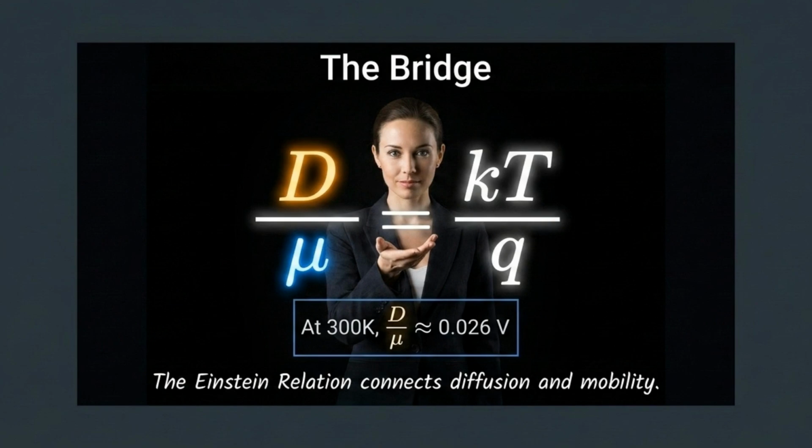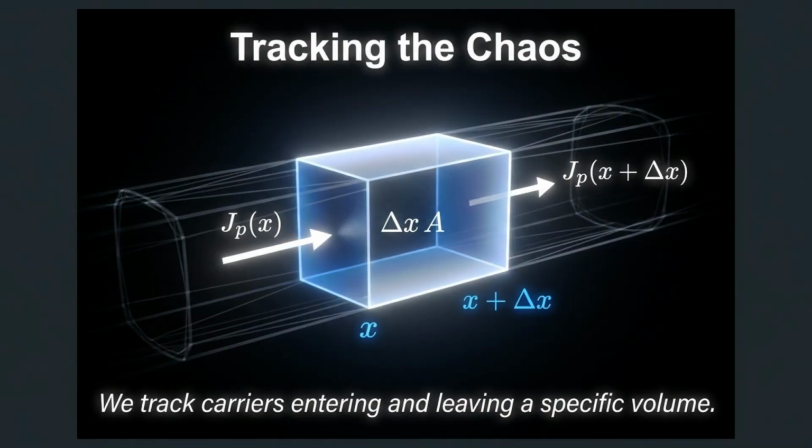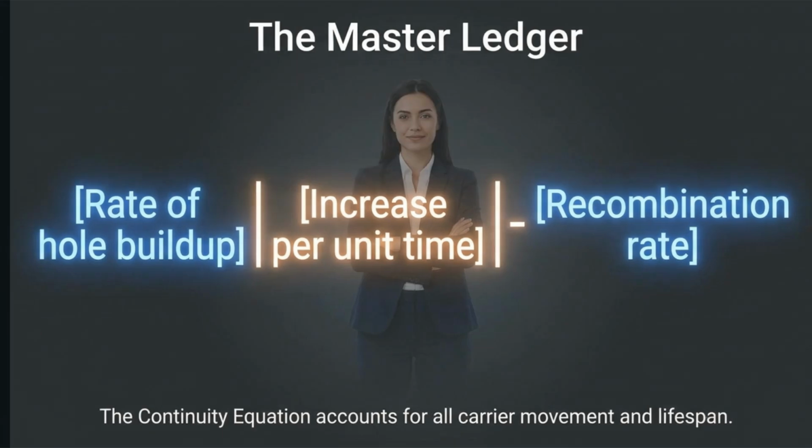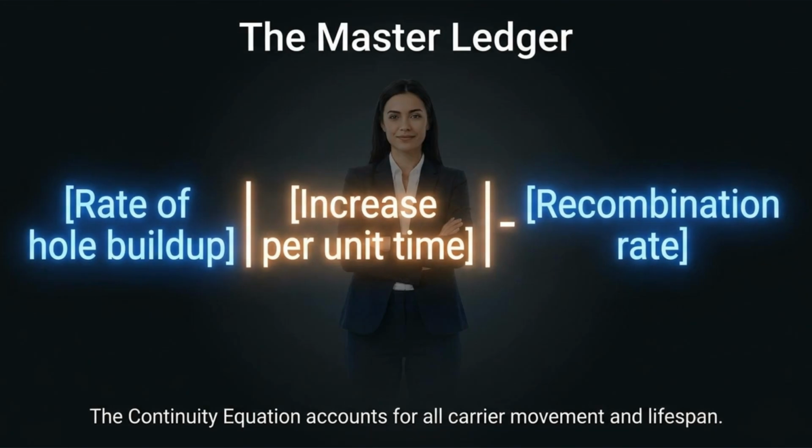behavior at specific temperatures. To track the movement of carriers through a material, we observe the flow as it enters and leaves a specific volume of space. The continuity equation acts as a master ledger, accounting for the buildup of carriers over time while subtracting those lost